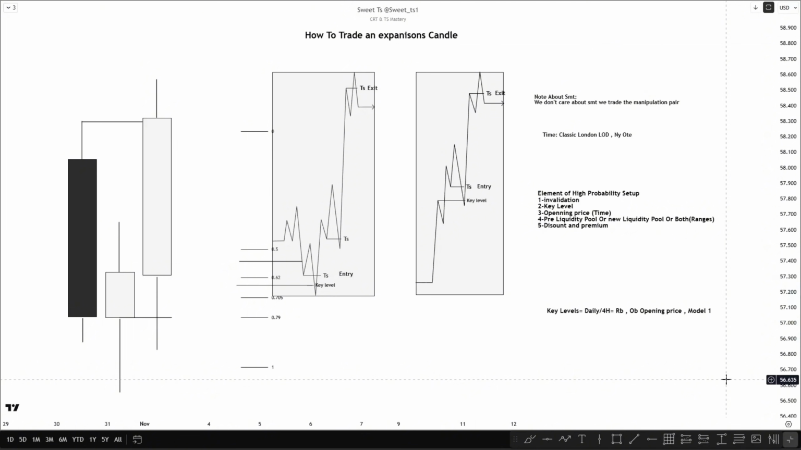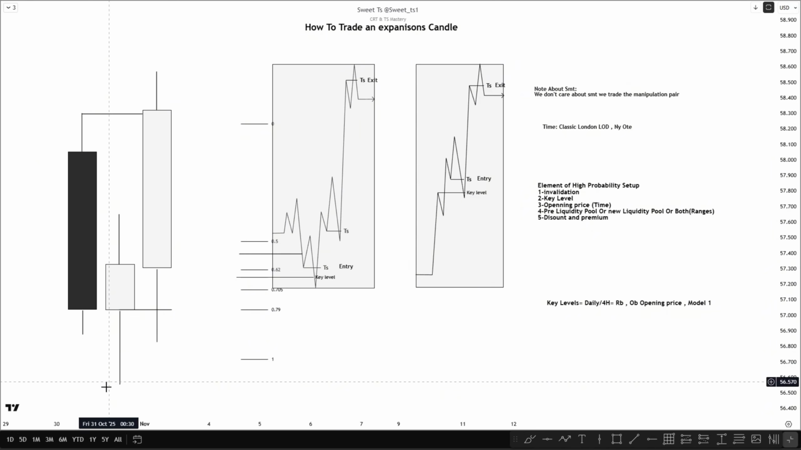So there are key elements of a high probability setup. First of all is the invalidation. And of course, this is after the market profiles. So first of all, invalidation, really important. Second of all is the key level. It could be the opening price, and it can be,